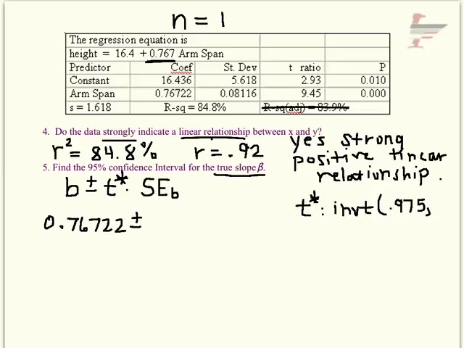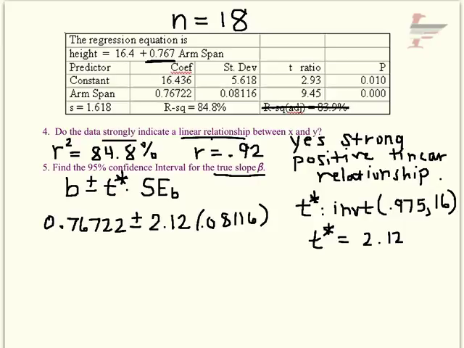I'll just squeeze that up here. This would obviously be something you would not have to guess. So 18 minus 2 is 16, and t star from there is 2.12. So there's your critical value. And then the standard error of the slope, again standard deviation for slope, which is given, is 0.08116. And if you dump that all on your calculator, you get from 0.6 through 0.94 as an estimate